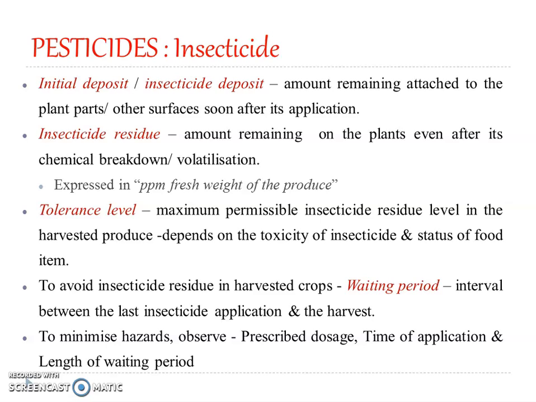Now, residue levels at the time of harvest vary depending upon the chemical makeup and stability of the insecticide, the climatic conditions, the type of the crop, etc. Residues of some insecticides come down rapidly to below detectable levels, but those of others persist for long periods at high levels. Also, residues of some insecticides remain entirely on the plant surface, while those of others remain partly inside the fruits and other plant parts. That is, it may get inside the plant.